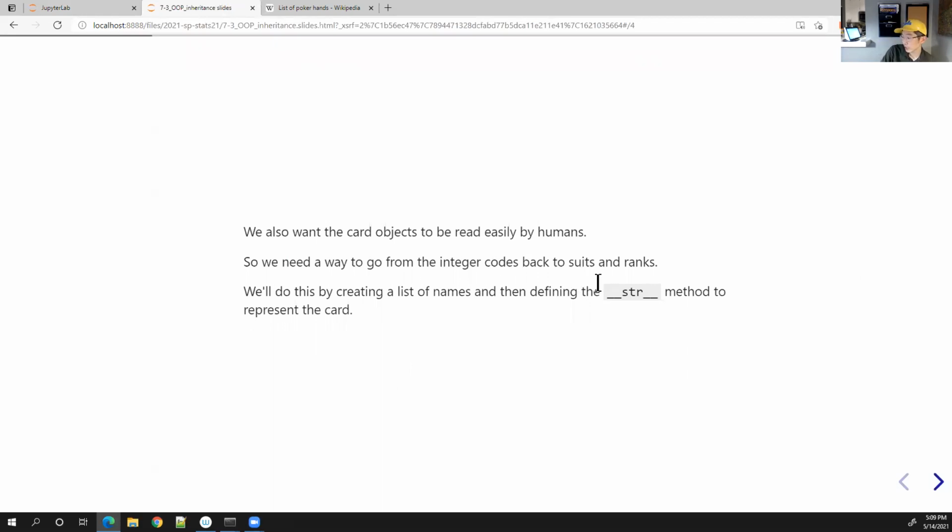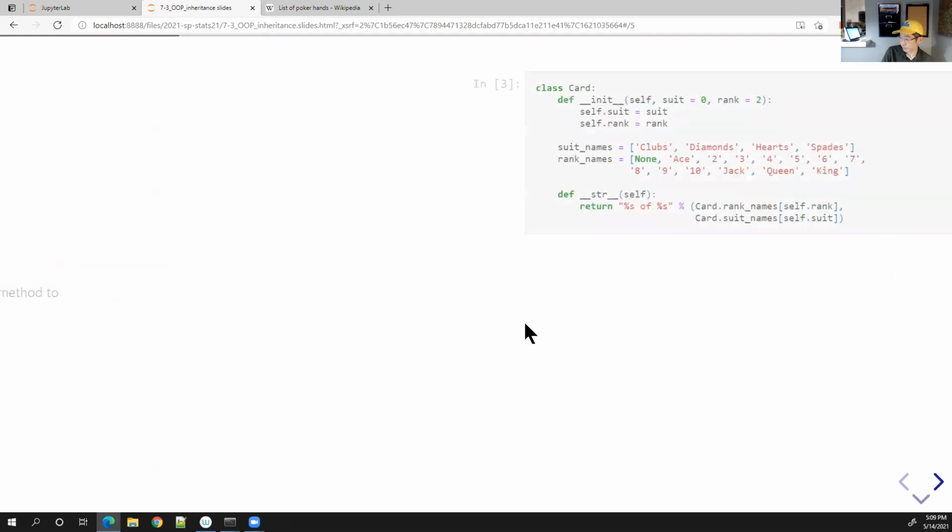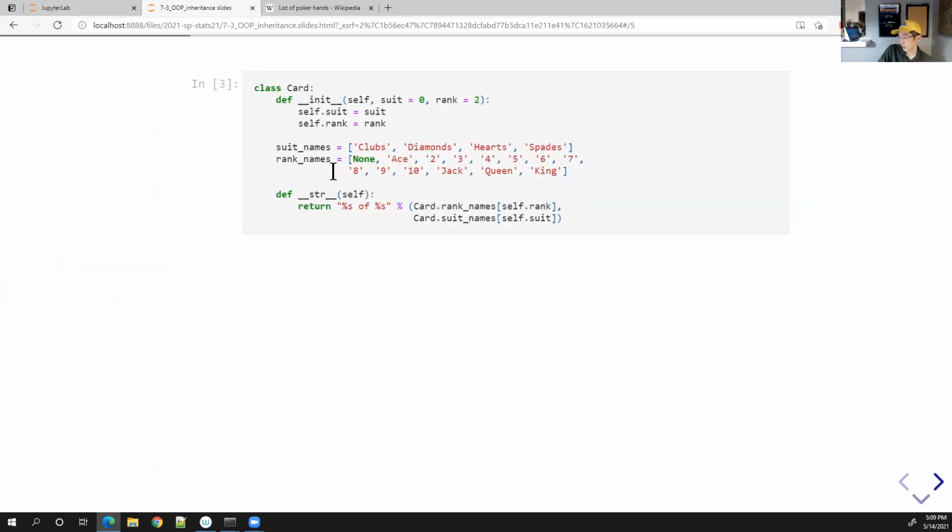And so in order to do that, we need to have a string representation of the object. Okay, and so that's going to be the double under string method. And so here to do this, all we're going to do is we're going to say, you know what, print out,